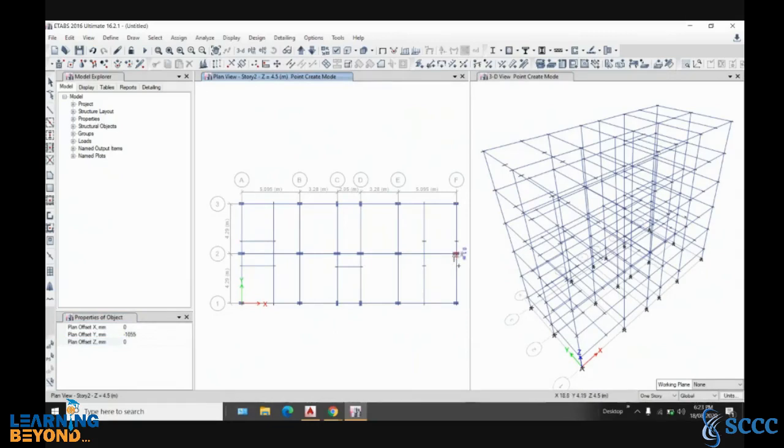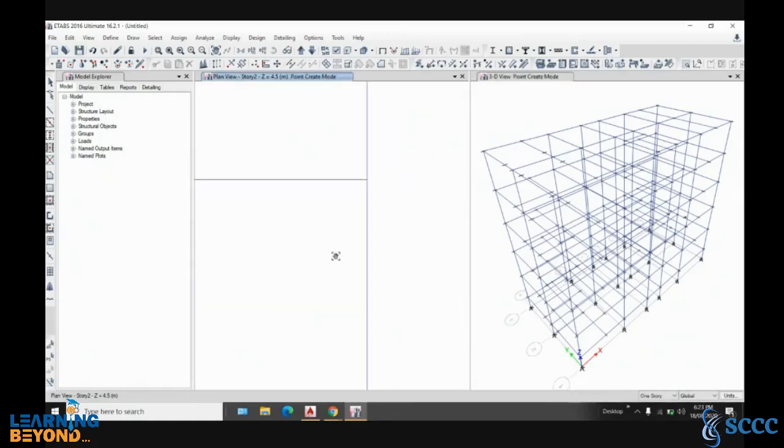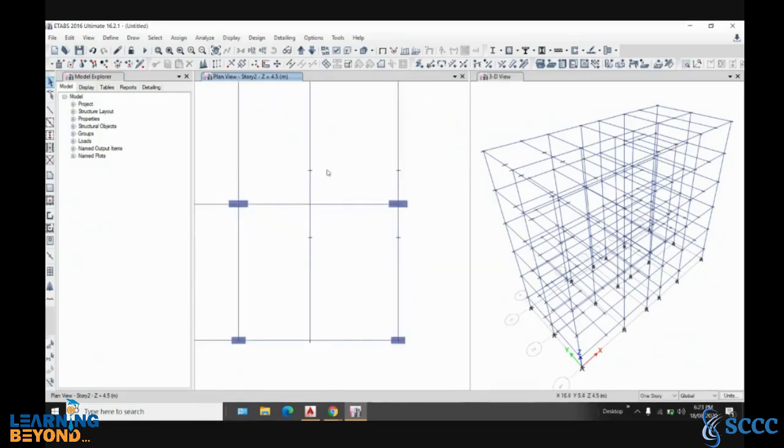It is drawn somewhere. Clicking has to be very perfect, otherwise it will draw somewhere else. So no doubt you can delete that. How to delete that? You can go over there, and this you do not want. Okay, so go to select menu, select this and delete this. So that is deleted.